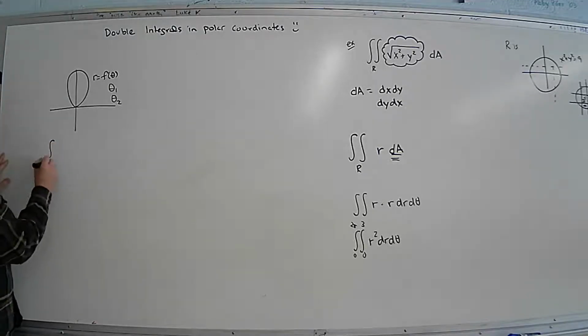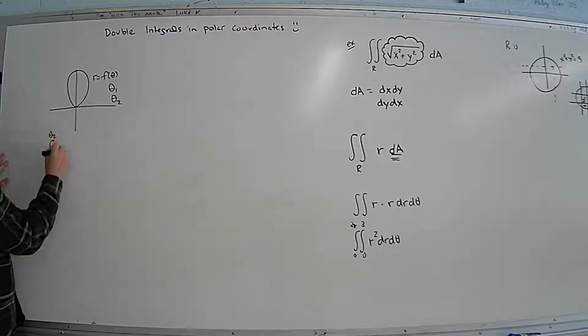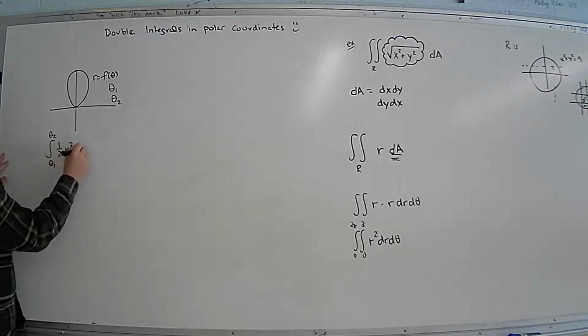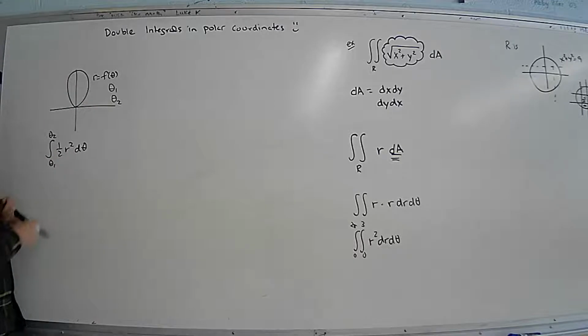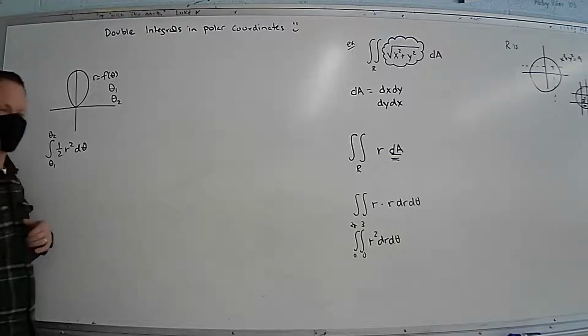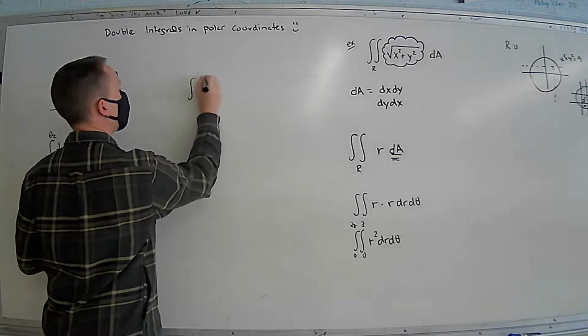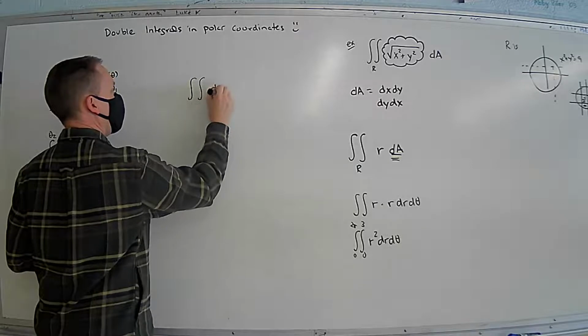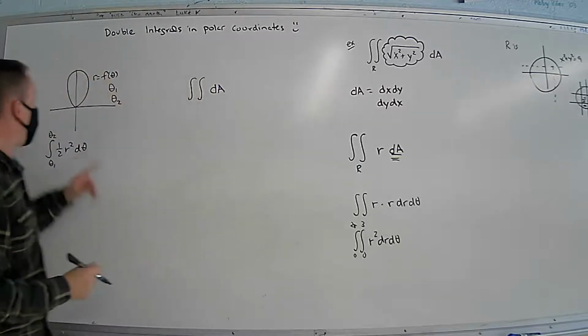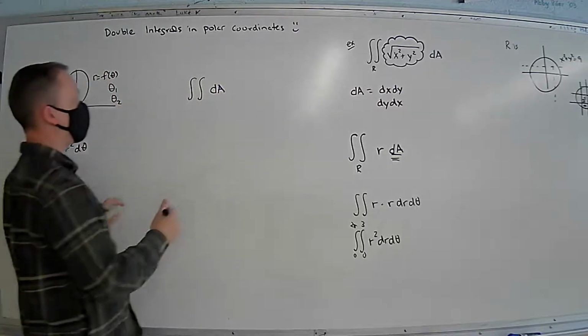You would have said, oh, I know how to do that. It's the integral from theta 1 to theta 2 of 1/2 r squared d theta. And then you would have just taken that equation and substituted it. Now, if I think about this as a double integral and just say, okay, I want to find the area of this,